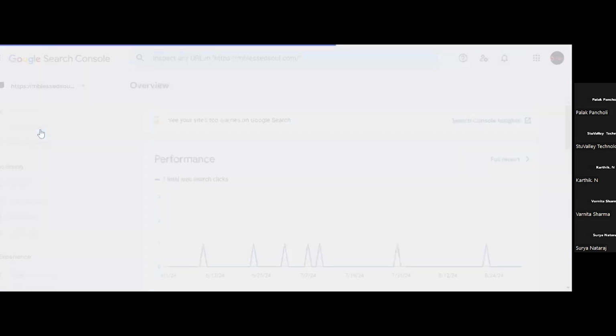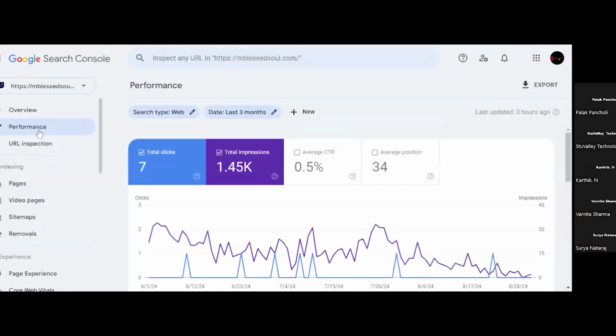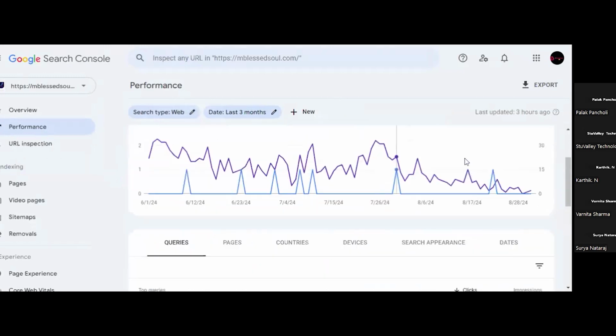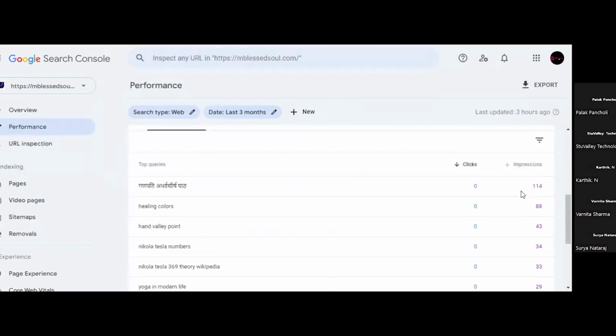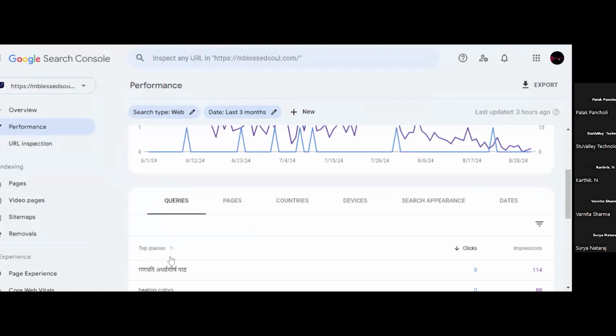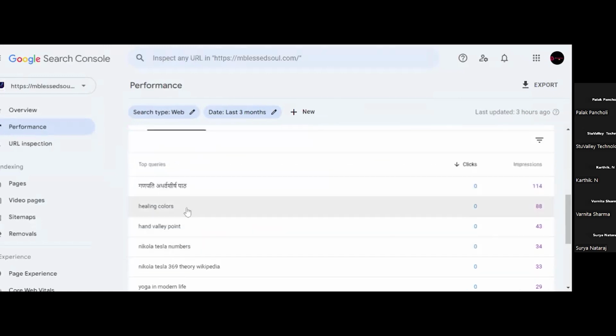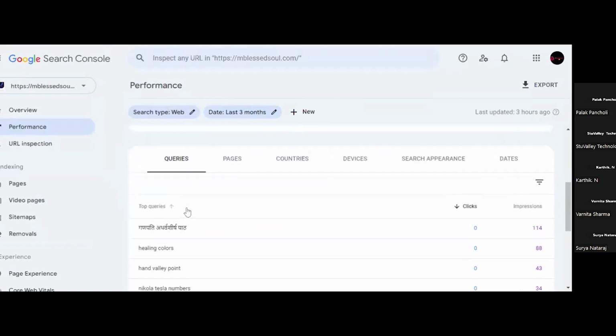Okay. This is the performance. It will tell you how many clicks you have got, how many impressions you have got, what is the average CTR on your website, and what is the average position of your website, right? So it will provide the performance, and what are the top queries on which your website is ranking, or on which your website is getting impressions or clicks.